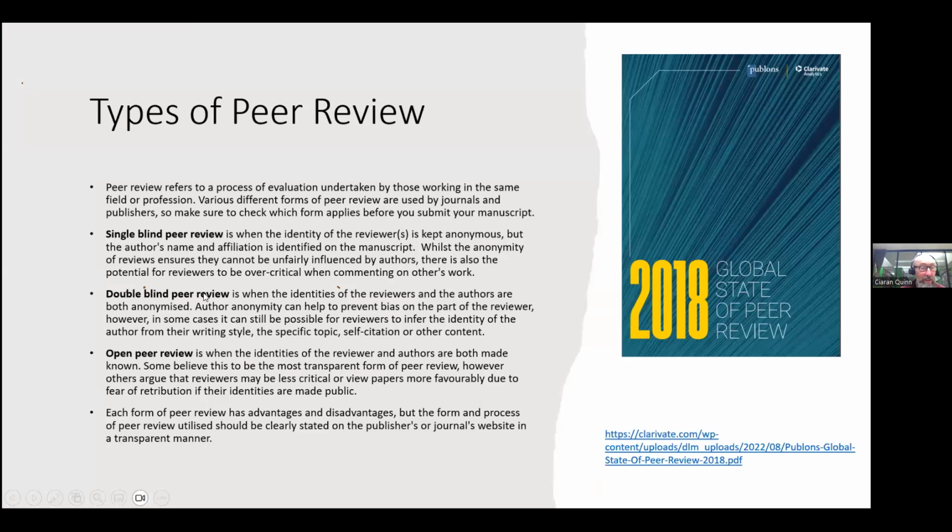I'll circulate these slides so you'll be able to have a quick look at those as well yourself. And this is that report I mentioned, this 2018 Global State of Peer Review, which is quite interesting. And there's a link to it there if you want to have a look at that. Again, if it's an area that you're concerned about or interested in, you can go in there and there's a lot of detail in there. And that's a report that's put out by Clarivate, Web of Science and then Publons. So, quite eminent companies, so worth a look at those.